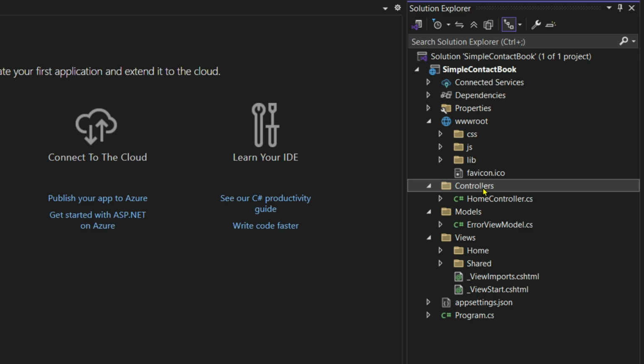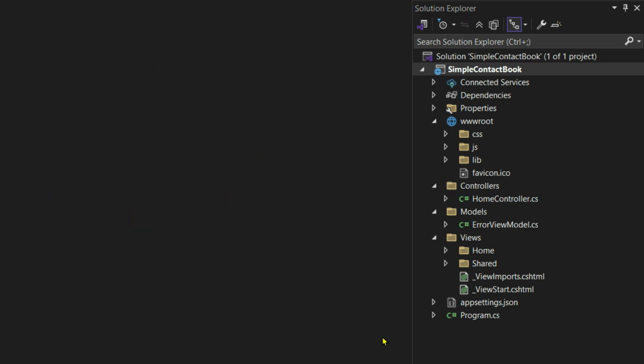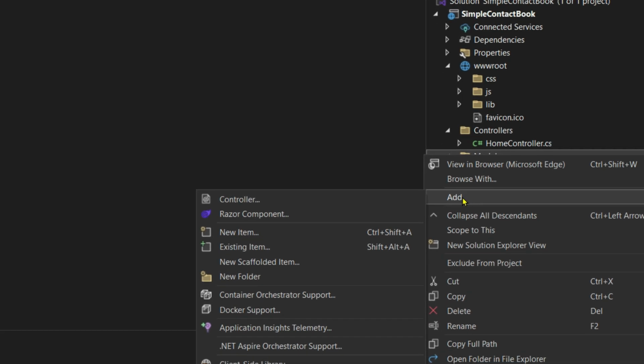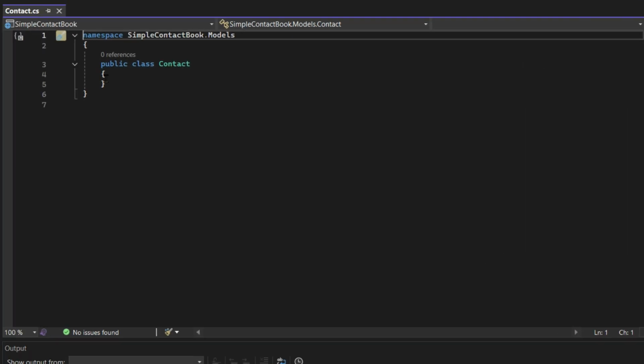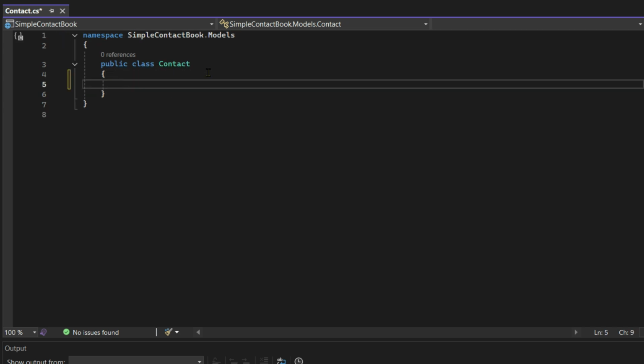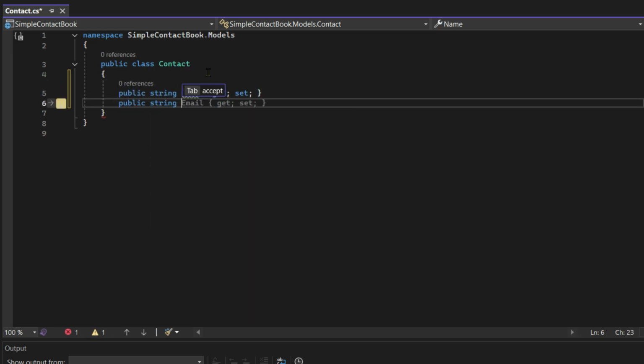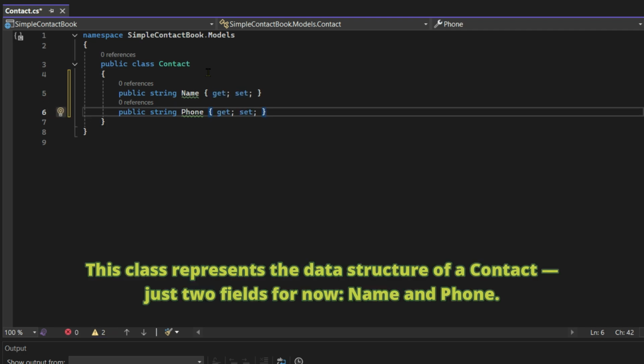Now let's create this app step by step. Right click on Models, scroll to add, and click on new item. From here we will create a new class, Contact. Write Contact here and click on add. Now this is the Contact class. Here I'll define two properties one by one. Alright, so with this we have created a class named Contact, and this is going to be our data blueprint